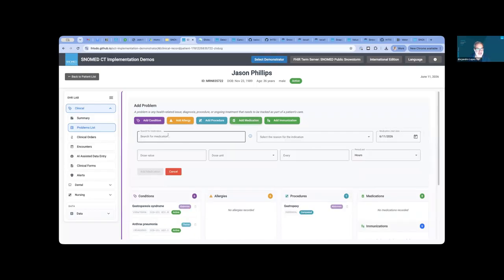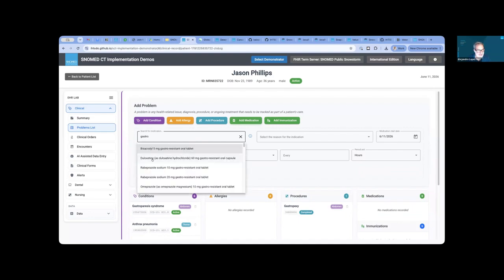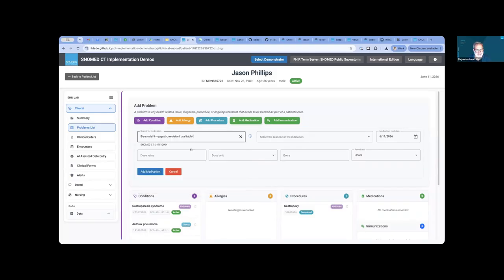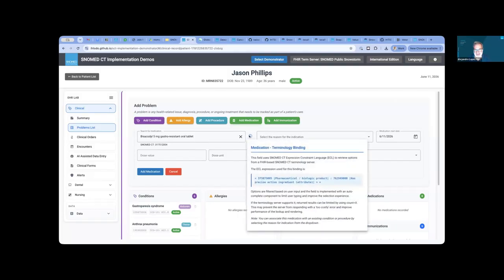If I want to add a medication and I do gastro in medication, there must be something that starts with gastro. Bisacodyl gastro-resistant oral tablet. And I can type here. If I click here, I see the terminology binding is related to pharmaceutical products.